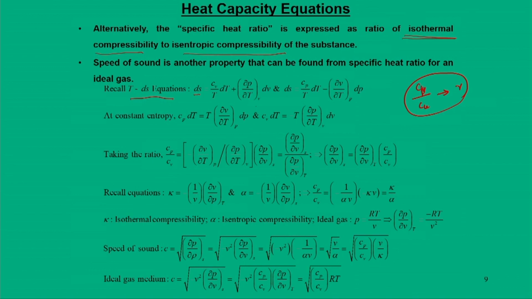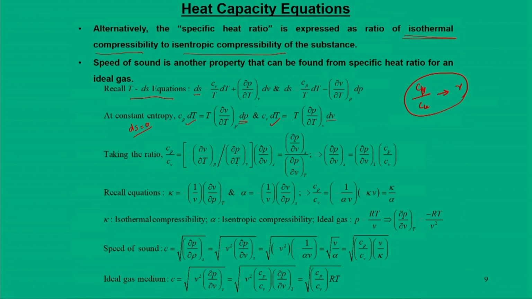So, at constant entropy, that means ds is equal to 0. So, we get one relation for Cp dT, and the other relation you get is Cv dT. Then obviously, we need to find out the specific heat ratio, so you take this ratio. Now, when you take this ratio, of course, the dou V by dou T term is here and the dou P by dou V by dou T at constant volume term is here, and here this